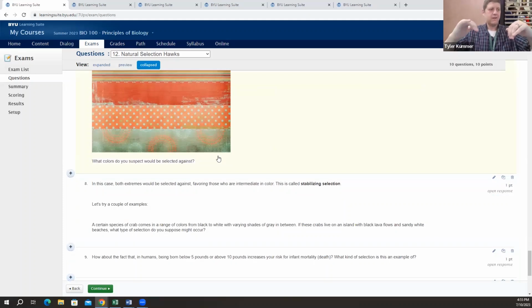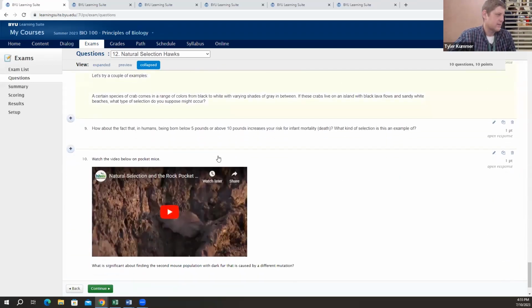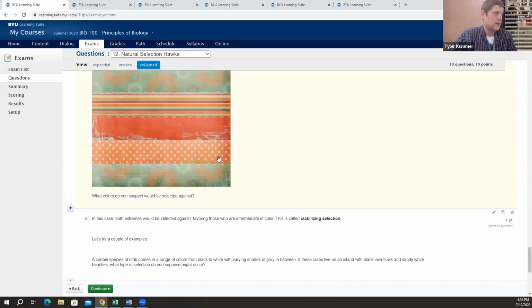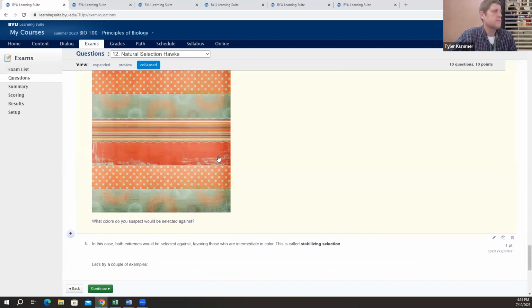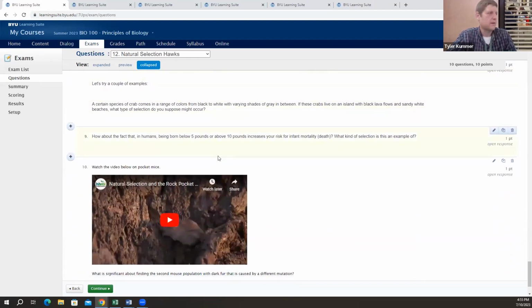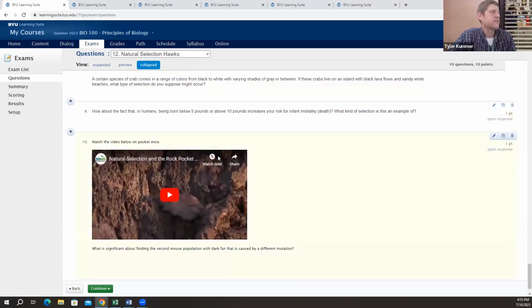In contrast, you can also have stabilizing selection, where something in the middle is better, right? Either extreme is bad. And so instead of a nice curve, we get a shift towards everything being really similar to one another. That would be stabilizing selection. And there are examples of each in different environments, just depending on the characteristics of the organism and the selective pressures of the environment, the limiting factors that are there. We'll talk more about natural selection next week, but